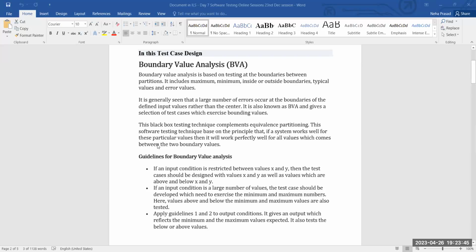This is called boundary value analysis. This technique is called what? Boundary value analysis. This is called BVA. Meaning that whenever you are given a range like 1 to 100, you probably do the